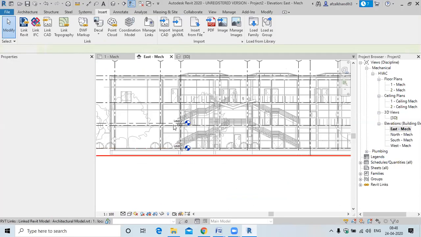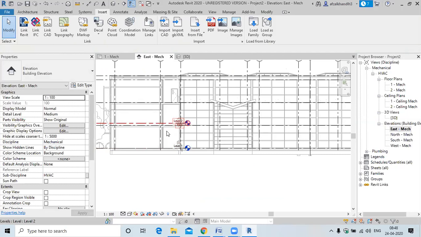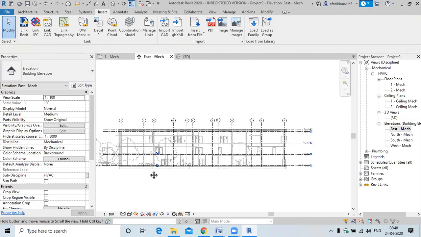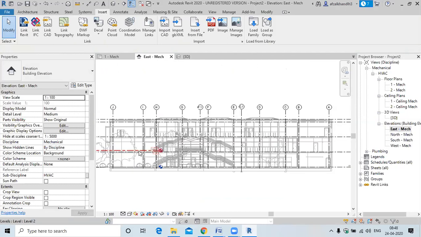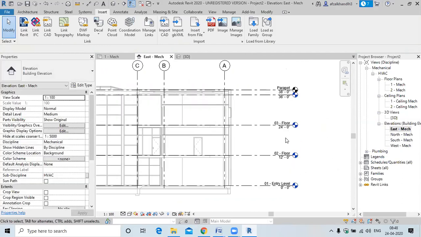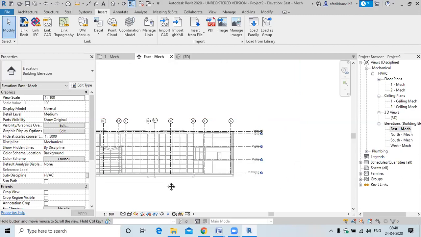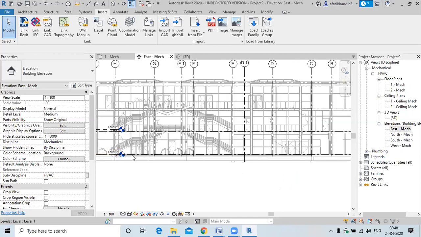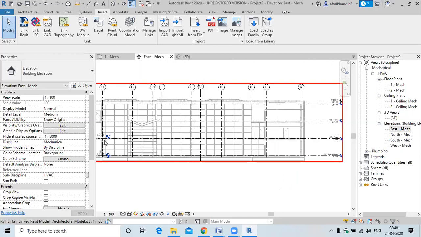These are the levels of our project, Level 1, Level 2, of the MEP template, mechanical template, and these levels are of the architectural one. So we don't have these levels in our project. So what you have to do is first select these levels.